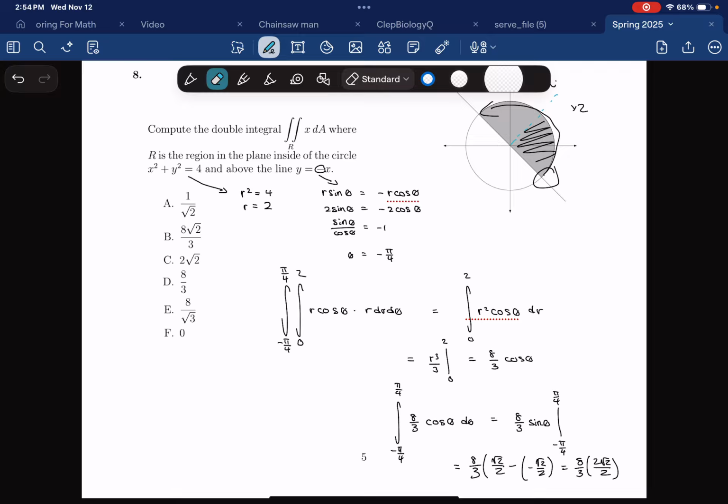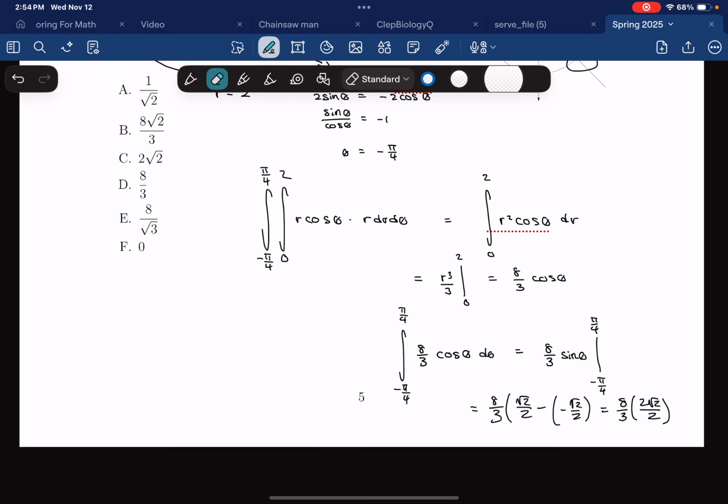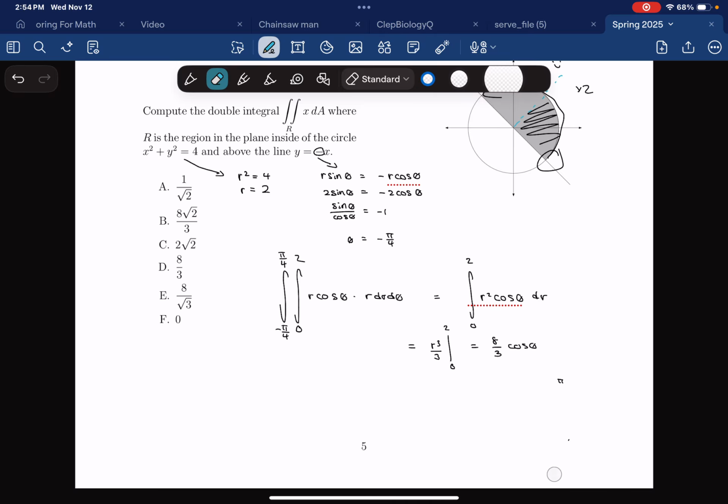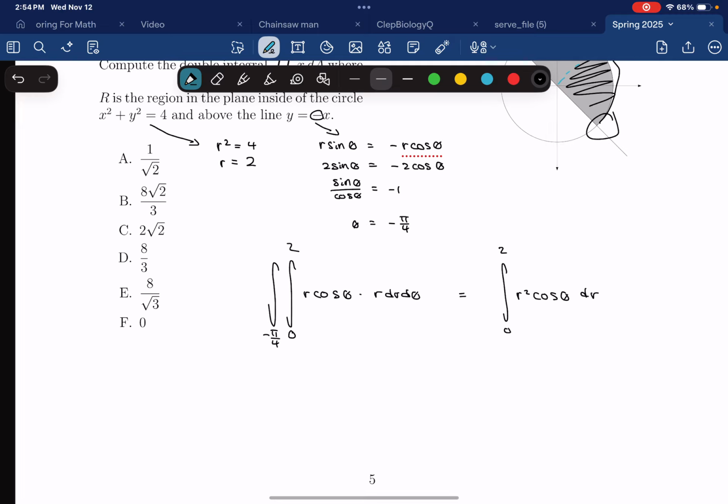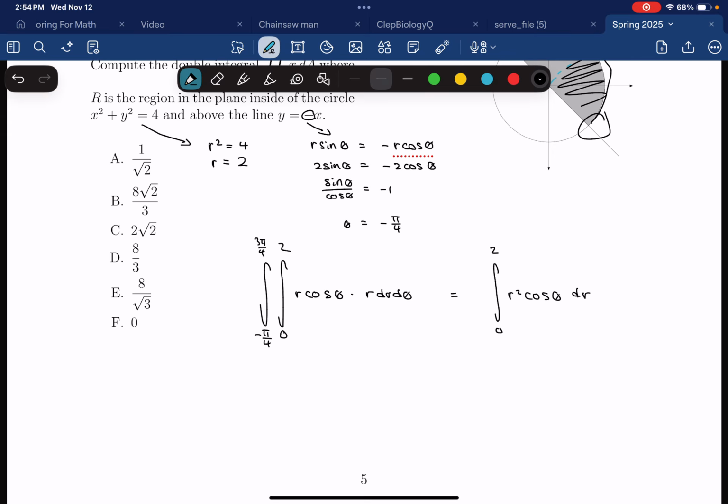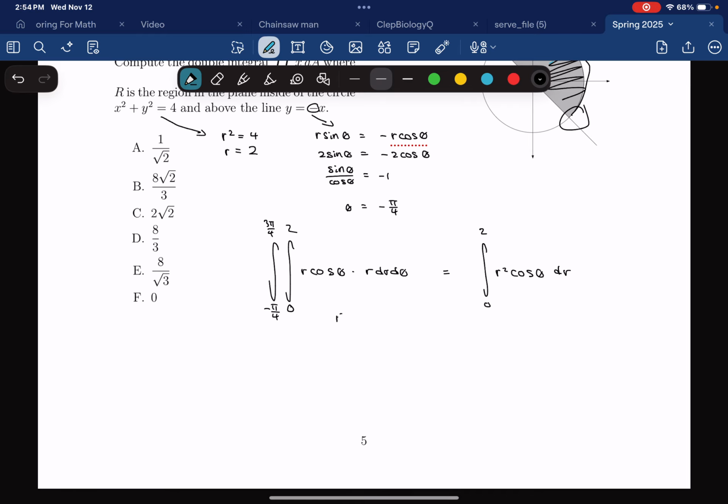Oh, this is certainly quite strange. Okay. I imagine what happens in this case is I simply just have to evaluate to 3 pi over 4. Which in this case will get me all the same answers as r cubed over 3 from 0 to 2 gets you 8 over 3. 8 over 3 cosine of theta from negative pi over 4 to 3 pi over 4